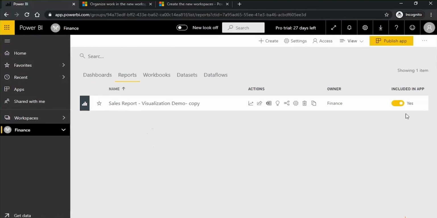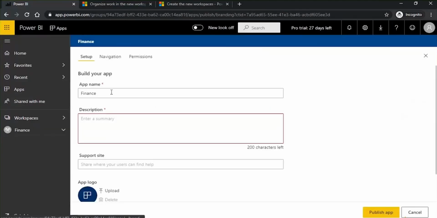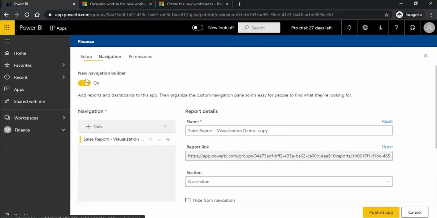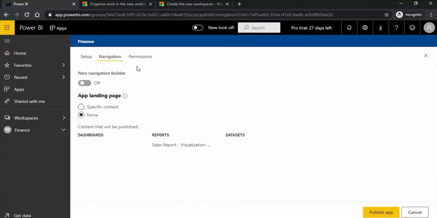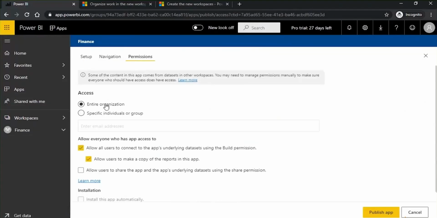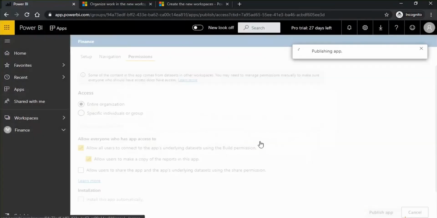You can manage that by including or excluding an app from this button. Once you're done with this, click on the publish app button. Here you can fill in the details like the description. You can choose the navigation pane or turn it off, and choose with whom you want to share. Let's say I want to share with the entire organization, and click on publish app. That's it. Your app will be published.